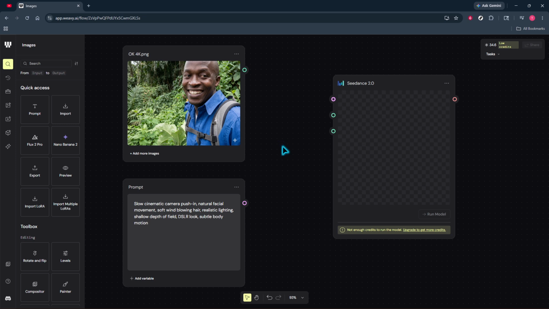The motion prompt is where the magic happens. Describe the camera move, the subject's movement, lighting, and overall style in a concise visual way. For example: slow cinematic camera push-in, natural facial movement, soft wind-blowing hair, realistic lighting, shallow depth of field, DSLR look, subtle body motion. For a product ad, try: 360-degree slow orbit around product, studio lighting, reflective surface, smooth camera motion,